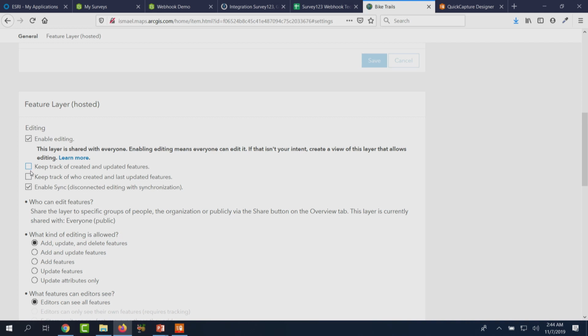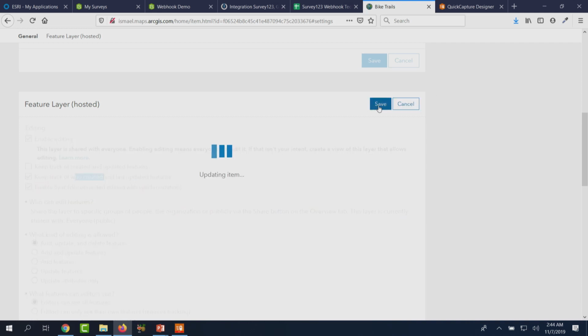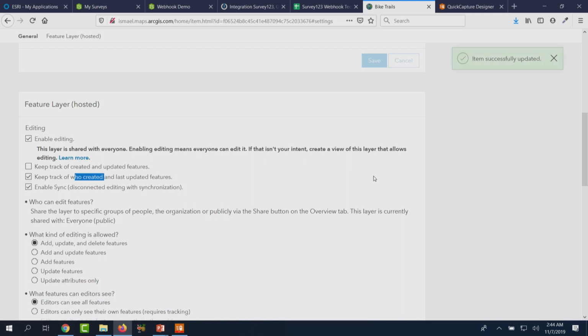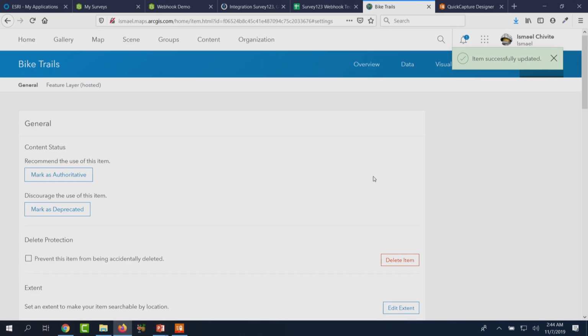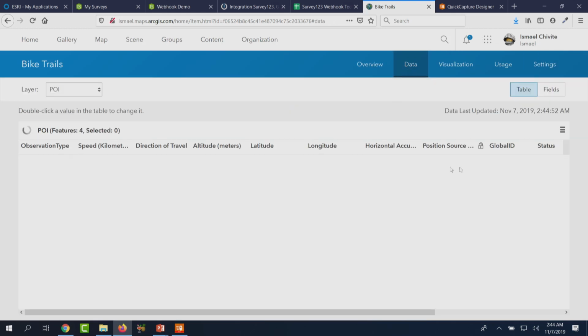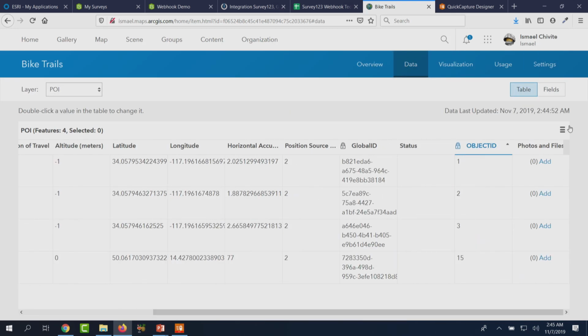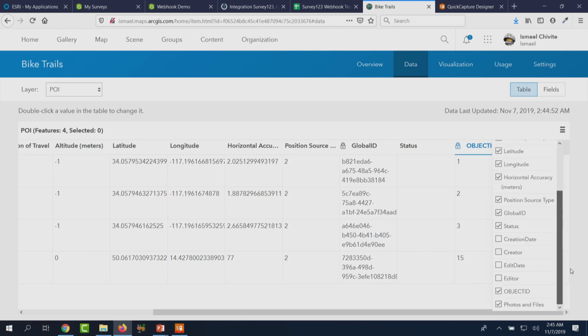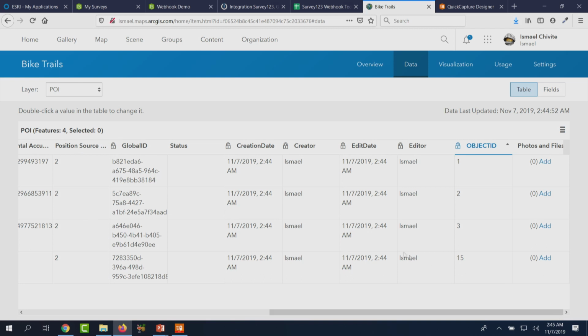So if you enable this, you say save it. Now we are basically adding fields where we are going to automatically calculate who adds the record, at what time, when it's changed, etc. And at this moment, you really don't have to do anything else. You can see here the different fields that have been created, right? They will be populated automatically by the application. So that's in terms of the history. It just happens automatically. And then the other question was,